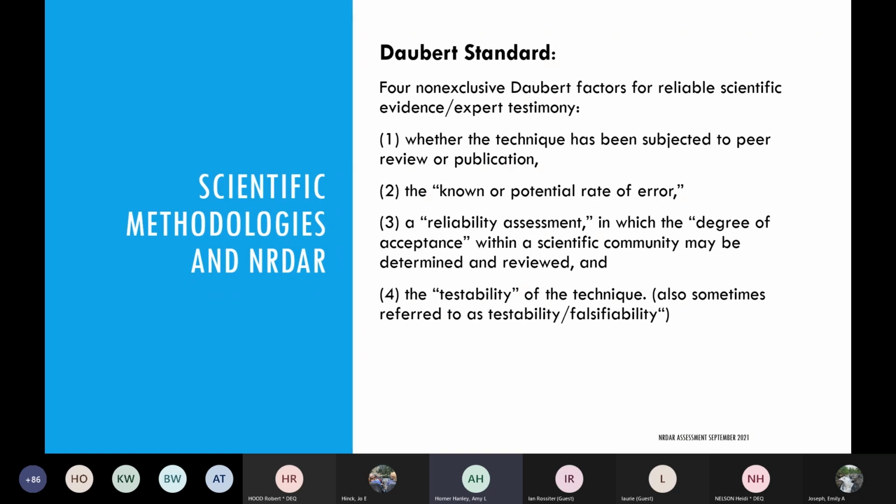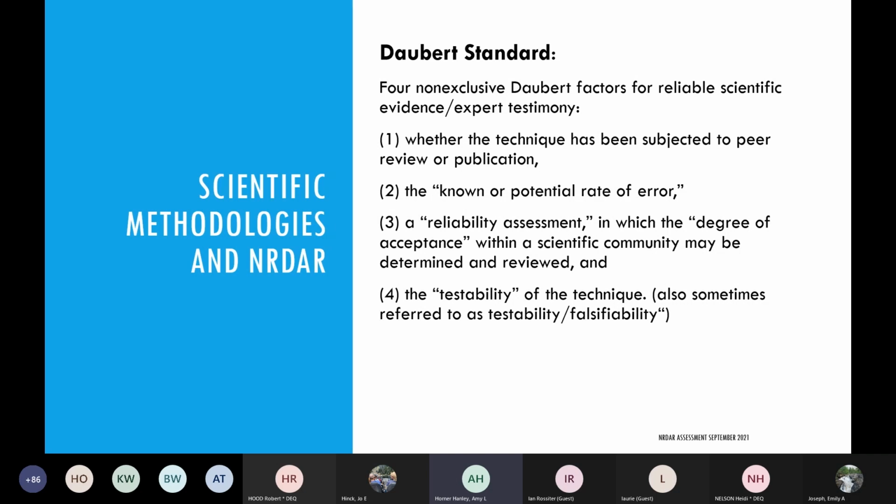So is the technique that you're talking about peer reviewed? Is it published? Is there a known or potential rate of error? There's a reliability assessment, or the methodology is generally accepted within the relevant scientific community. And then there's the fourth one, the testability of the technique. Sometimes that's referred to as falsifiability, or reproducibility. So when you guys are starting to talk about different methodologies or different studies, what the lawyers want to hear is